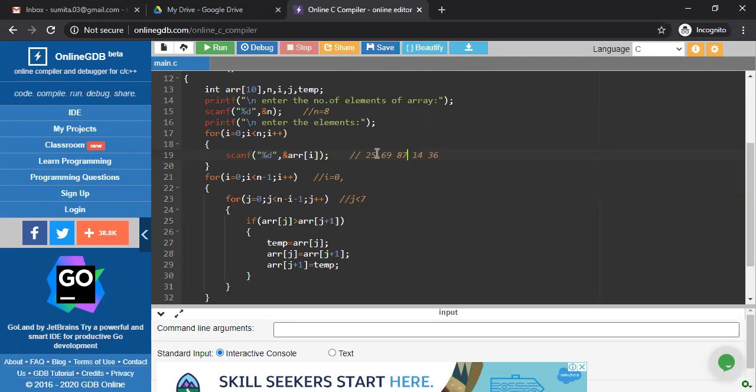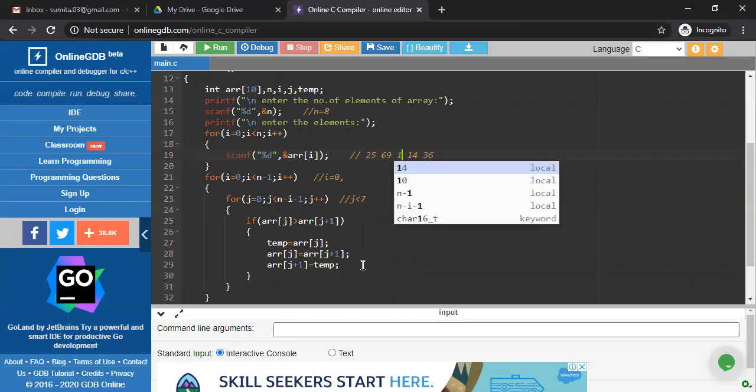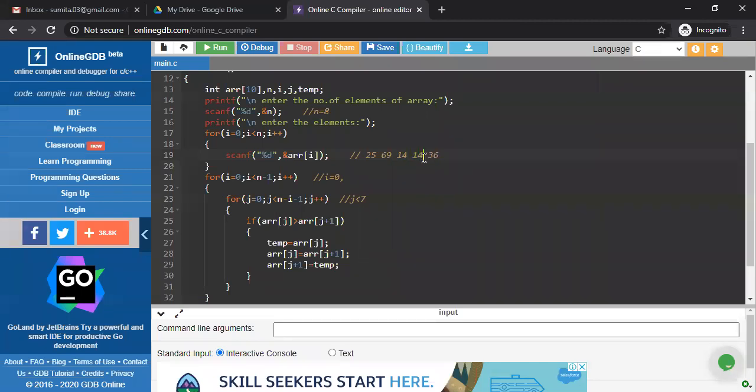Yes, because this is my third index, number 0, 1, 2, 3. Obviously 87 is greater than 14. Now again swapping is done. So here is 14 and here is 87.